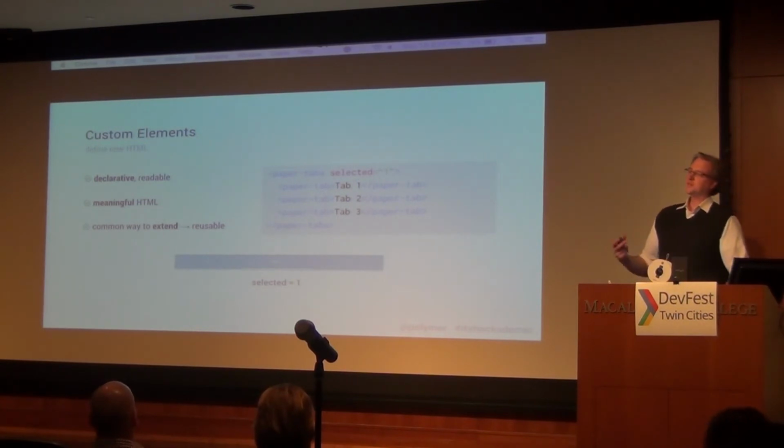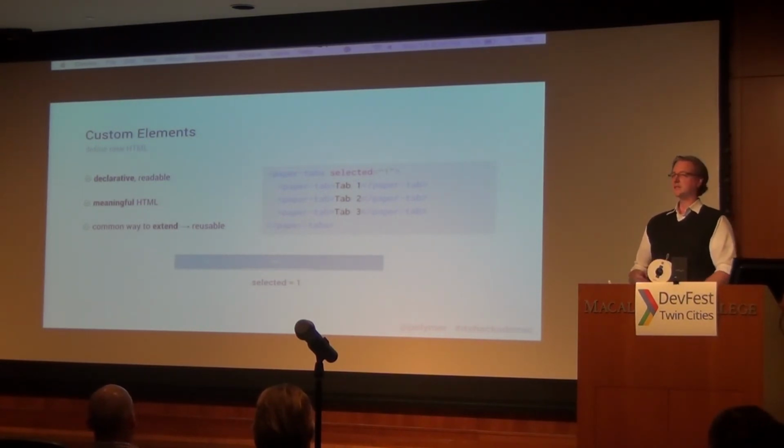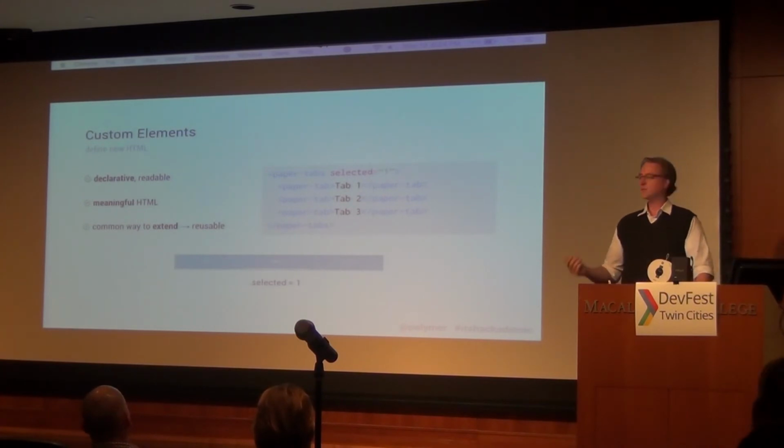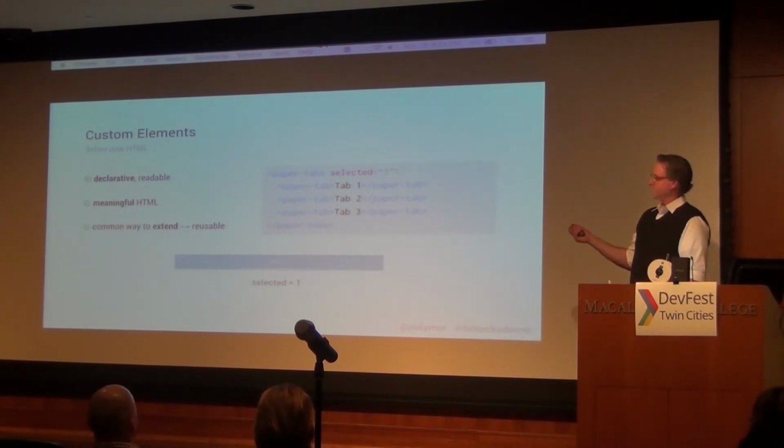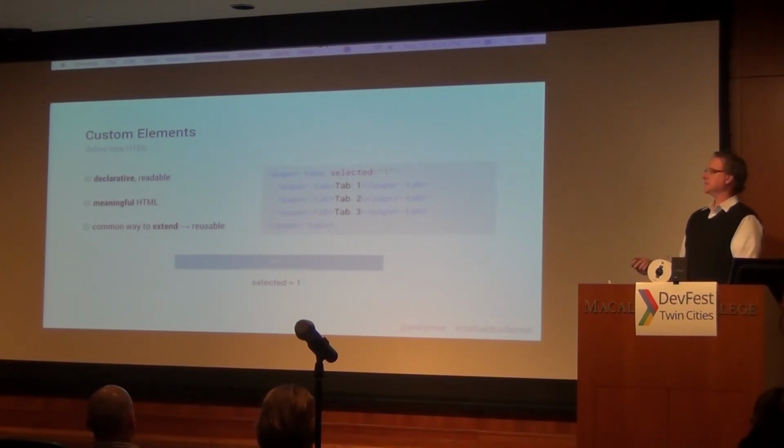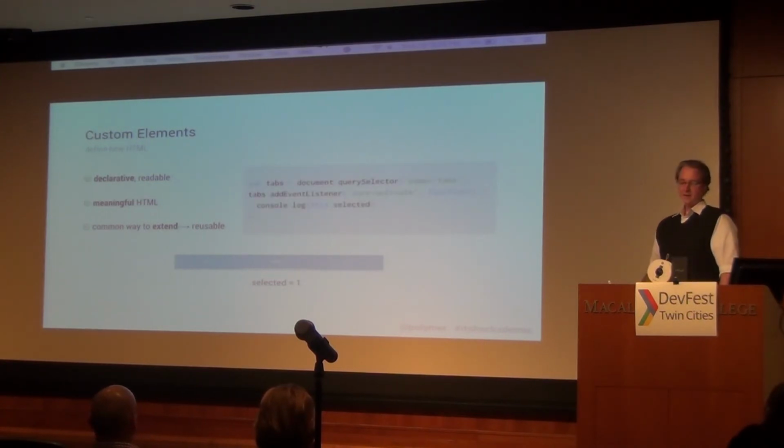So web components allow us to turn our divs into components that look like other HTML elements, which makes it very readable and meaningful, because you can read this code and tell what's going on. We're leveraging the web platform, and you have a common extension model, so you can build upon elements that you've built in other projects or other people may have built and published, and you can extend upon those. Since you already know how to work with HTML and the DOM, you already know how to work with these custom elements. There's a common way to extend